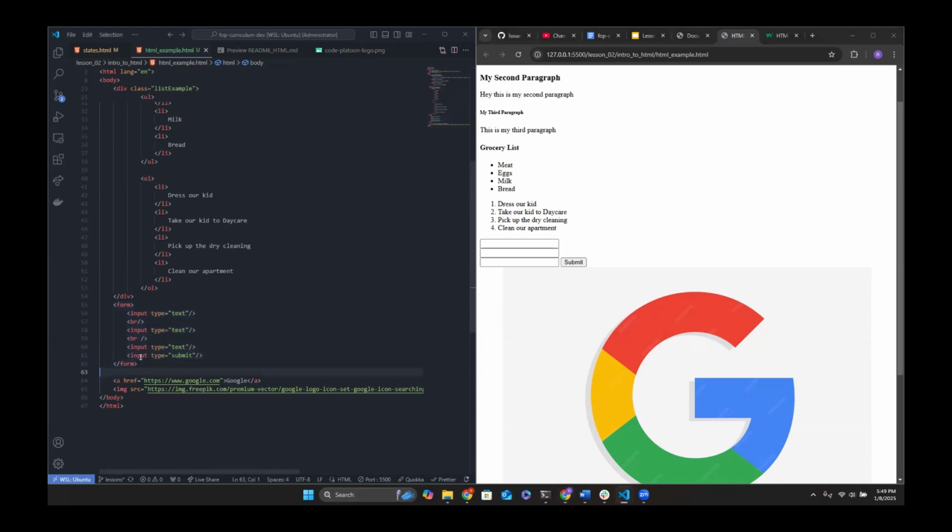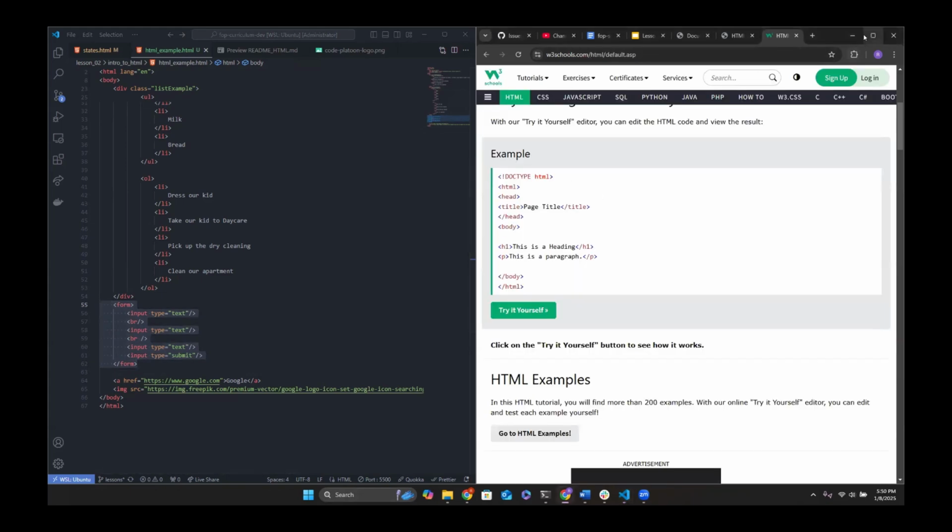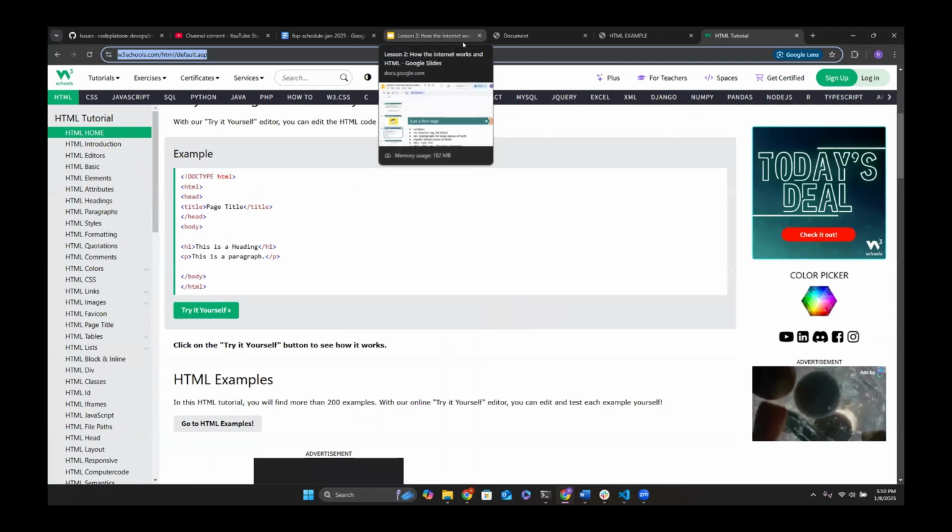But to summarize, the form is a tag that's able to receive information from your user, which you can then collect and do something else with that information. All right. That's how those are working. I think I can show you with my website. We go to